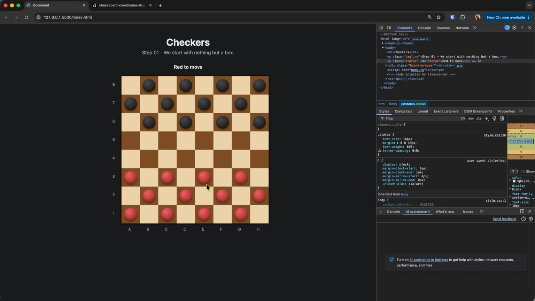So if I go back, I can play red, and then it's black, then it's red's move, and now it's black's move. The black cannot move. Well, basically it can move and it should move to here, but for now we didn't include that, and it cannot go back, so maybe like doing